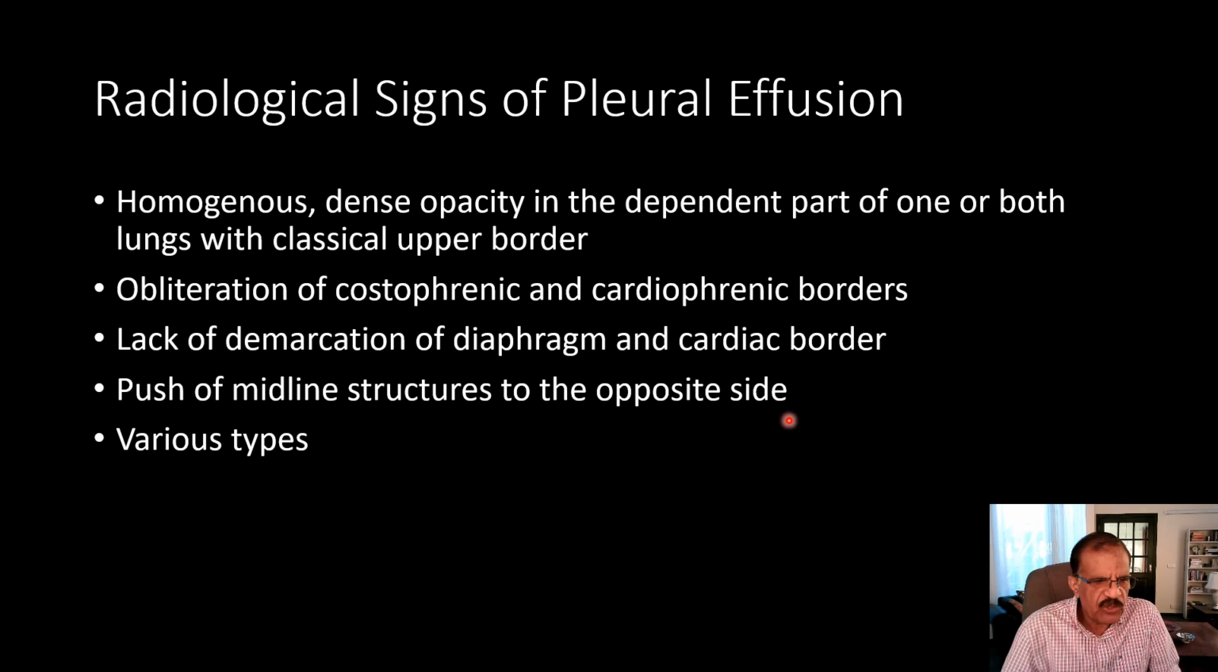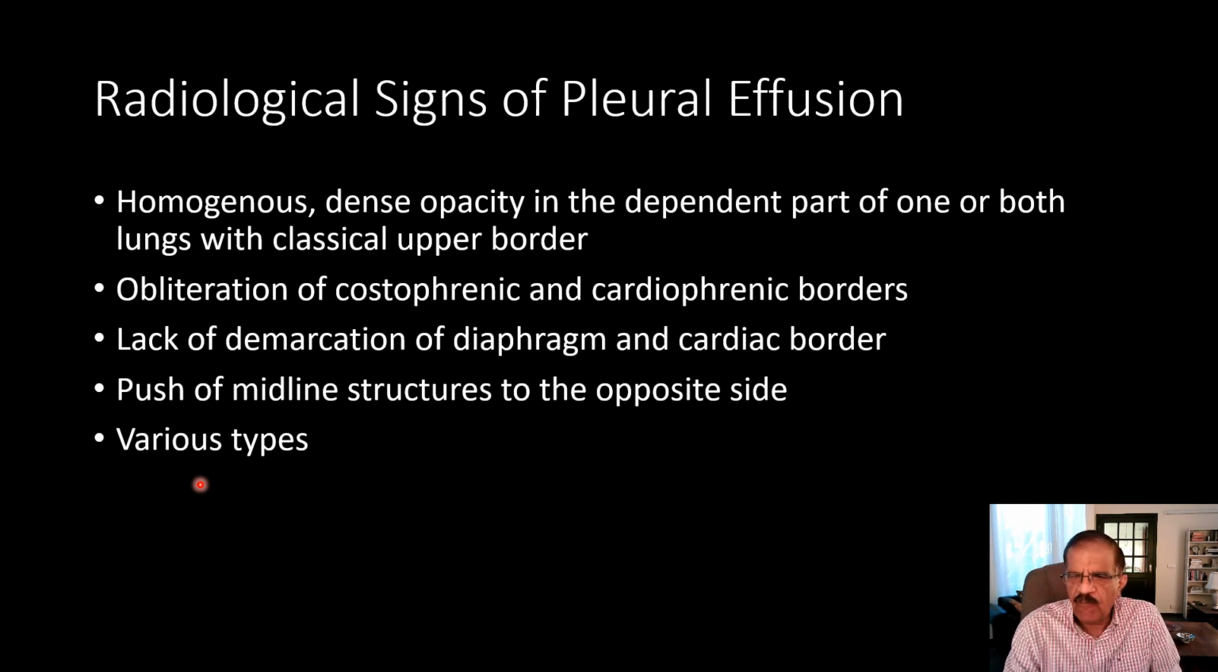So we have seen various different types of pleural effusions. Now, just to sum up the radiological signs: homogeneous dense opacity in the dependent part of one or both lungs with classical upper border. So that is the main description. Obliteration of costophrenic and cardiophrenic angles, and lack of demarcation of diaphragm and cardiac border. Push of midline structure to the opposite side, and various types as classical with curvilinear upper border called meniscus sign,